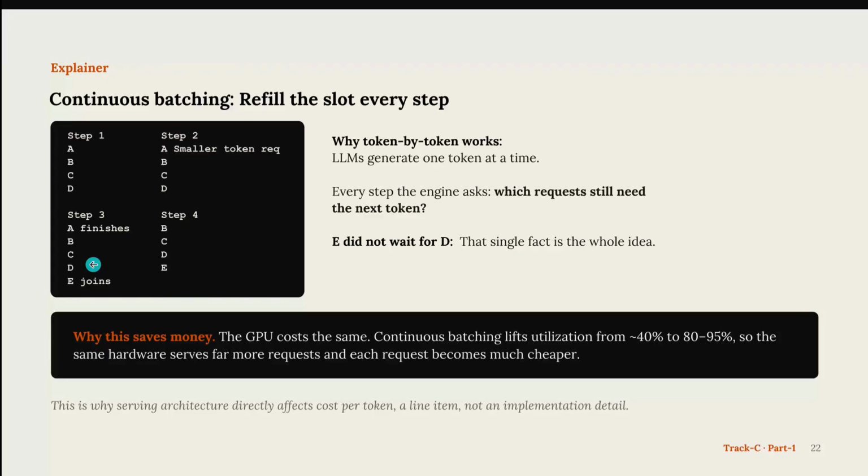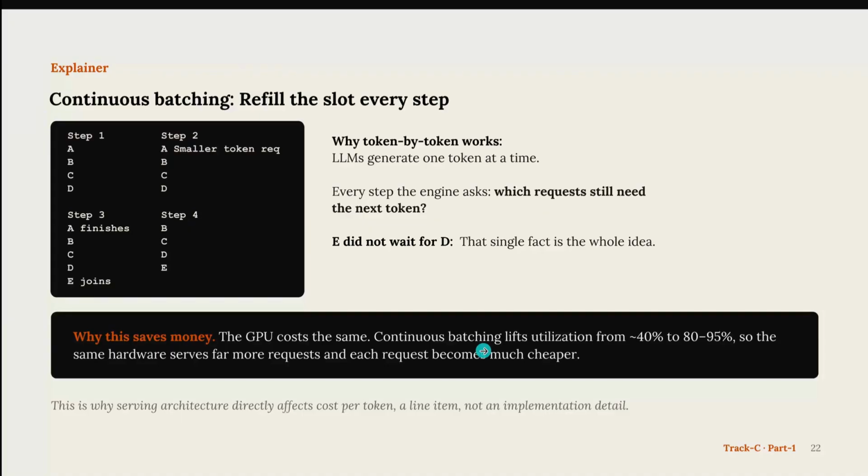Yeah. So if you understand, GPUs are purchased for dollars, and if they are sitting idle, they don't serve anybody. So GPUs have to be continuously used or utilized. Okay, and continuous batching lifts that utilization from 40 to 80 to 95%. Ideally, GPUs are utilized around 60 to 75%. Rest of it is for